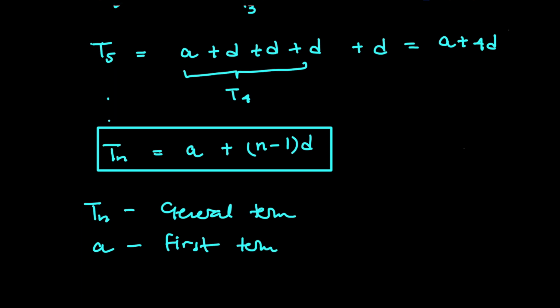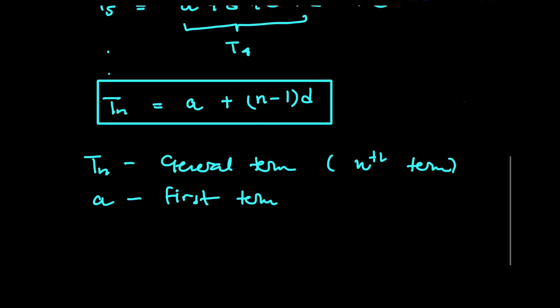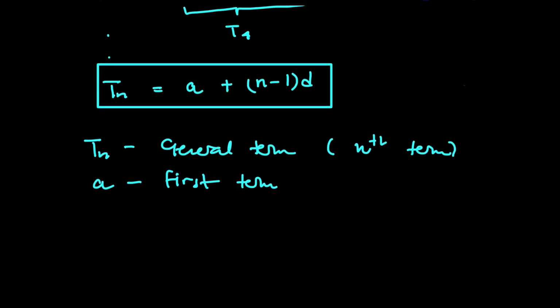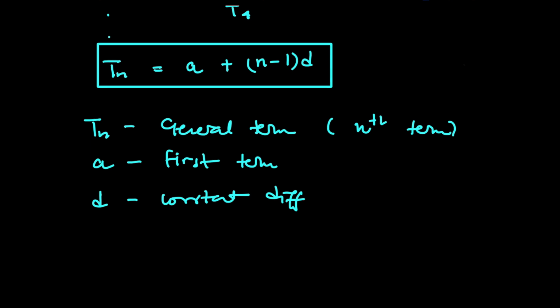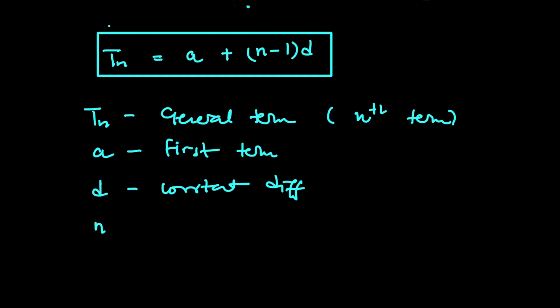D is the constant difference, so it is the value that you add on the previous term to get the next term. And finally, n is the position